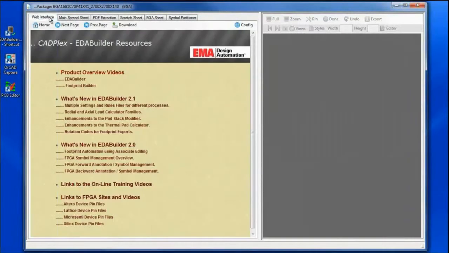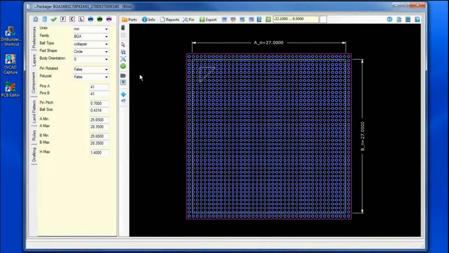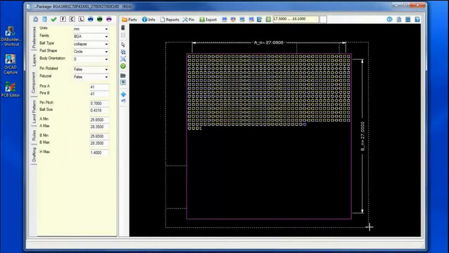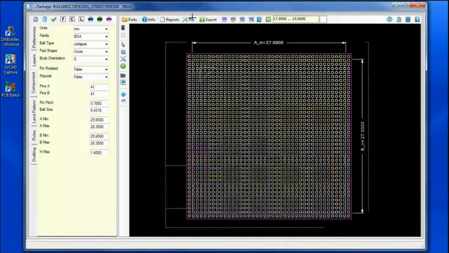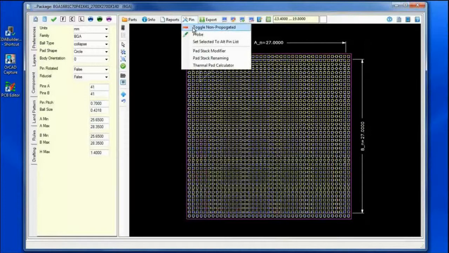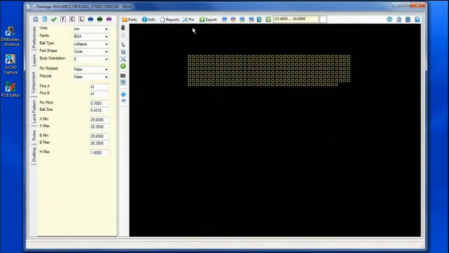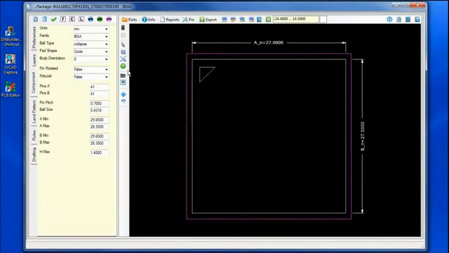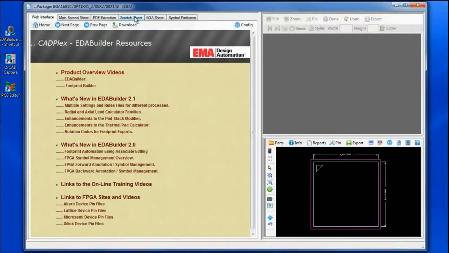Let's now configure both the Symbol Builder and the Footprint Builder. Moving back actually to the Footprint Builder first, let's take all of the pins and change all of the pins to non-propagated. Configuring both back the Symbol Builder and the Footprint Builder,